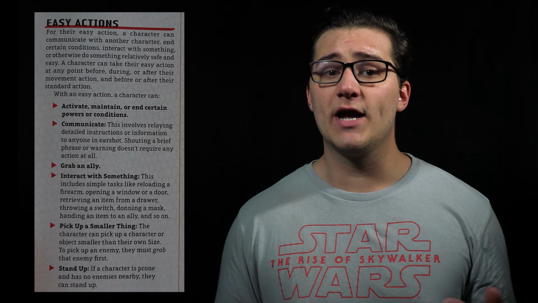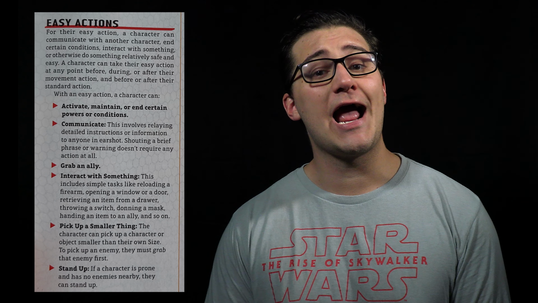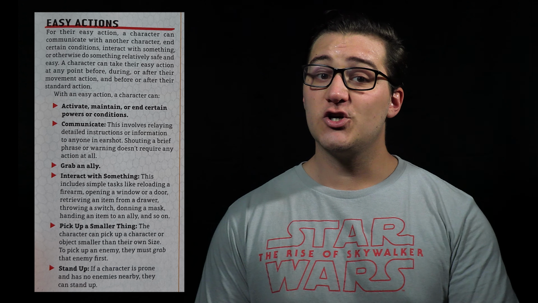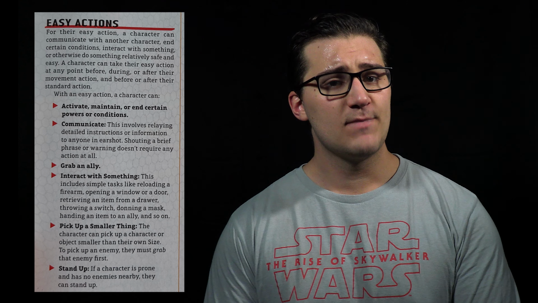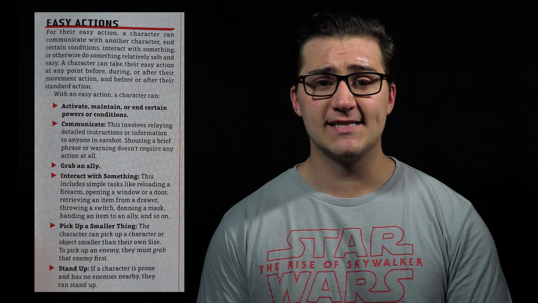in order to complete. Now that we've discussed what a character can do with their turns, let's dive into the different easy, standard, and movement actions that you have to choose from. Easy actions are quick, simple tasks that your character can complete in addition to another action on their turn. These include activating, maintaining, or ending certain powers or conditions, communicating with other characters, interacting with an object or certain devices, picking up small items, or simply standing up, provided that there aren't any